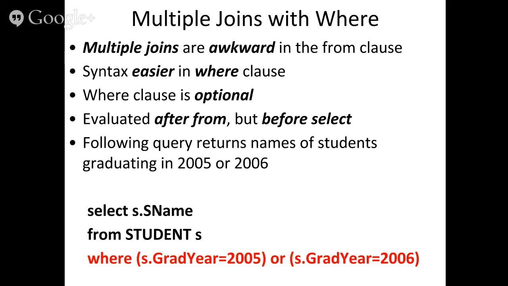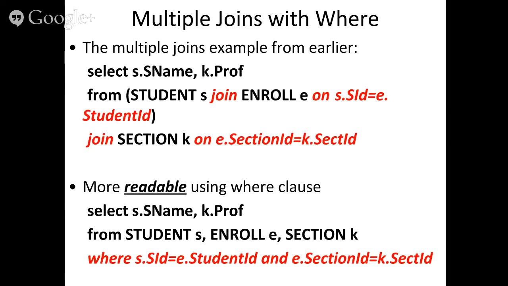Now that I have the records, meaning I filtered vertically, I go back to the select and I say I only want a subset of the fields. I don't want all the fields. You had all the fields in the where clause. Notice that I have graduation year, I can have the department, I have everything here in the where clause. But then I filter and say I only want that particular field. As I said earlier, we can use the where clause, the implicit, to make it more readable for